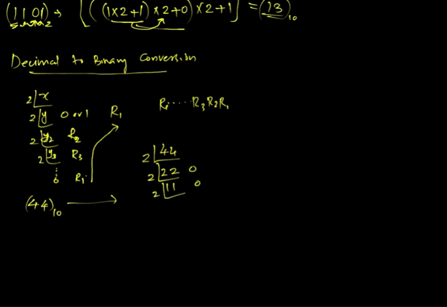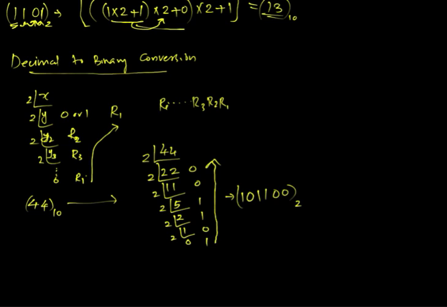Now repeat the division by 2, we will get quotient as 5 and the remainder as 1. Divide by 2, we will get a quotient as 2 and the remainder as 1. Again divide by 2, we will get a quotient as 1 and the remainder as 0. Again divide by 2, we will get quotient as 0 and the remainder as 1. Now arrange these remainders in the reverse order, that is from bottom to up. That is, the first remainder will be 1, then 0, then 1, 1, 0, 0 is the corresponding binary number